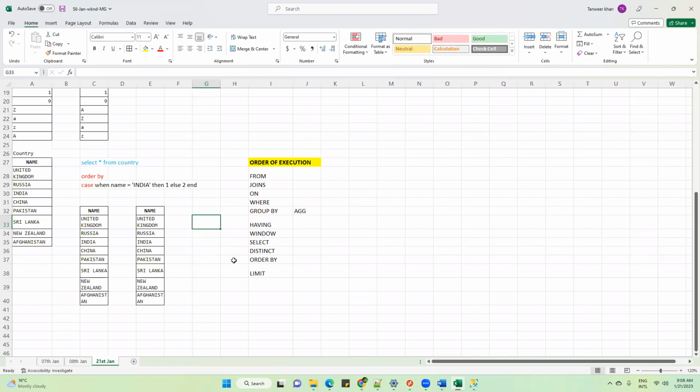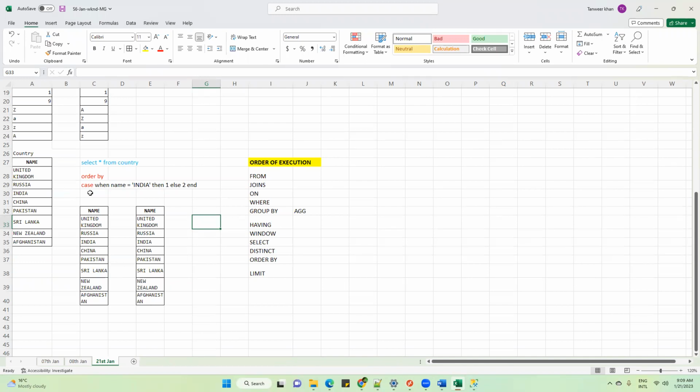Case can be used with multiple clauses, with delete, with update, and many other things. Here I'm showing you how to use case with order by, but don't think that after this discussion case will be over. No, case is a topic we'll be discussing down the line in most of the concepts.